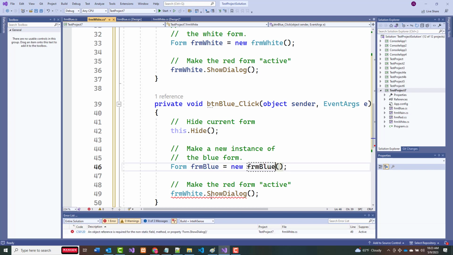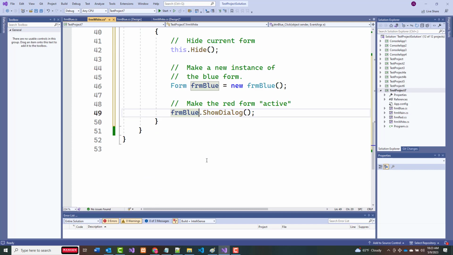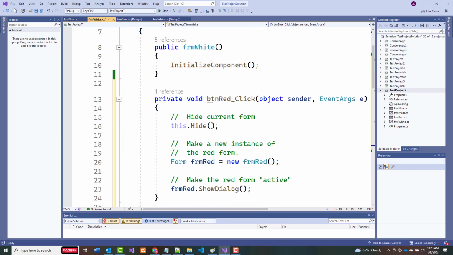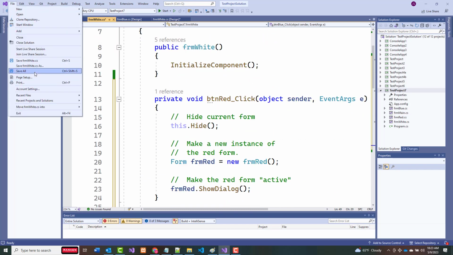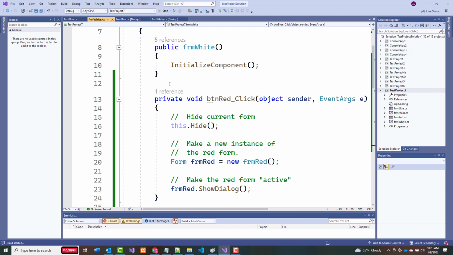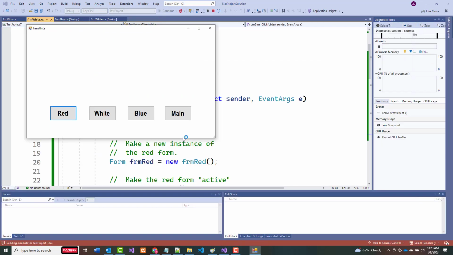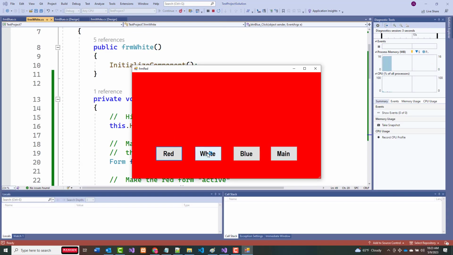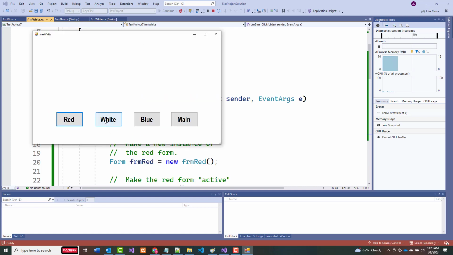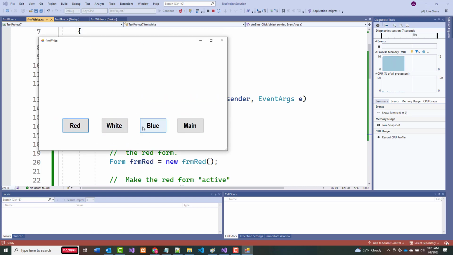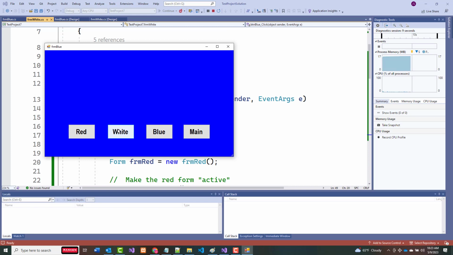And that, and that. Now let's see if all the white stuff works, the white button. All right, there's white. White goes to red. White goes to white. White goes to blue. And white,